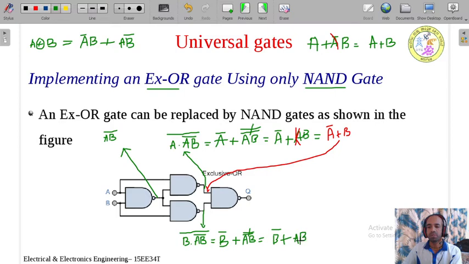This becomes B bar plus AB. Again from the same identity, A plus A bar B can be written as A plus B. Suppose if I have one variable and if its complement is available here, I can neglect the complement. In the same way here, in this case, B bar is there.